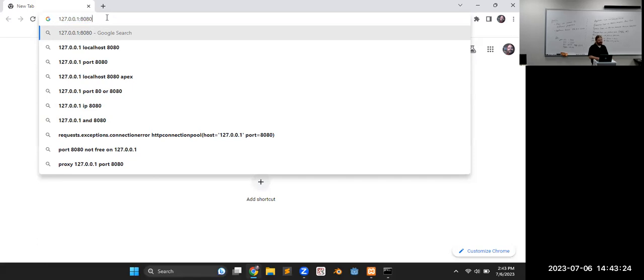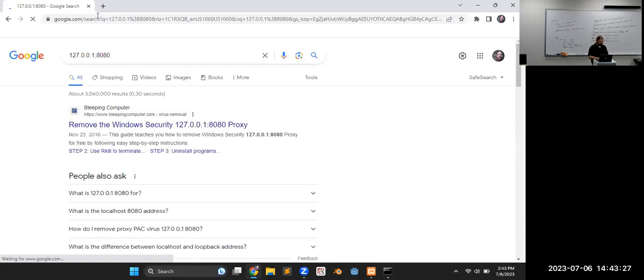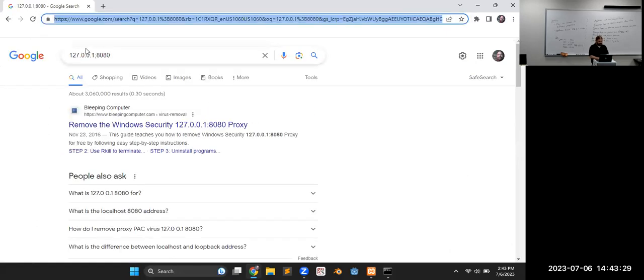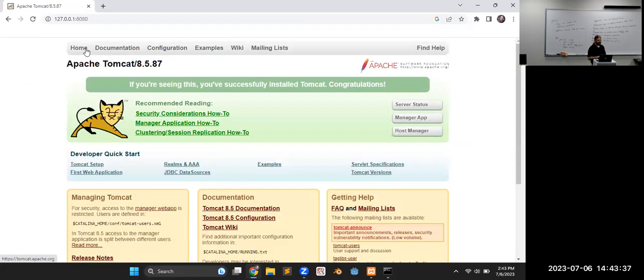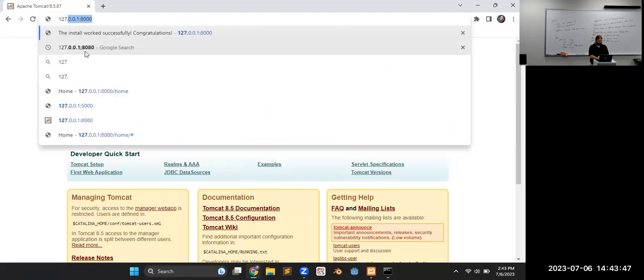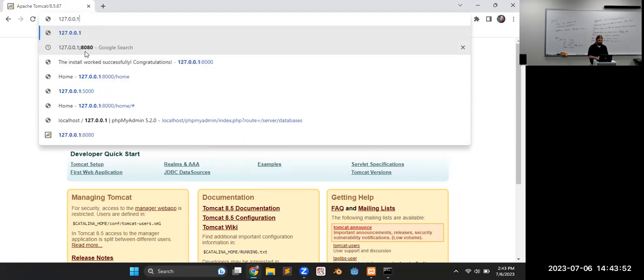So that machine connects on port 8080. Oh, whoops. I typed a semicolon instead of a colon. 127.0.0.1 colon 8080. And that opens up a Tomcat server, which is a web server that runs Java on the server side. If I just go to 127.0.0.1 and get rid of the port number,